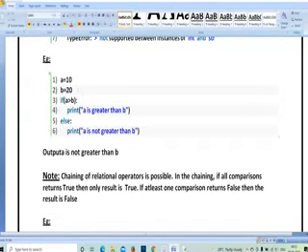So here you can see a is equal to 10, b is equal to 20, a greater than b. For example, if a is bigger than b, it is going to print a is greater than b. If a is less than b, it is going to print a is not greater than b. So in our example, the else block condition was satisfied. So I got the output of whatever value I have written in the else block.